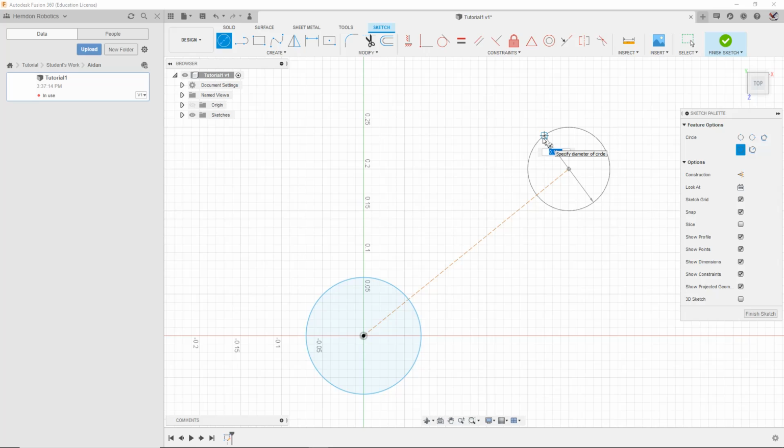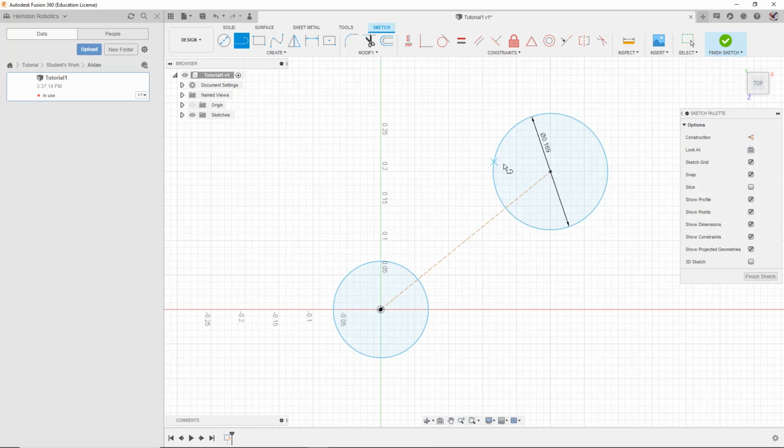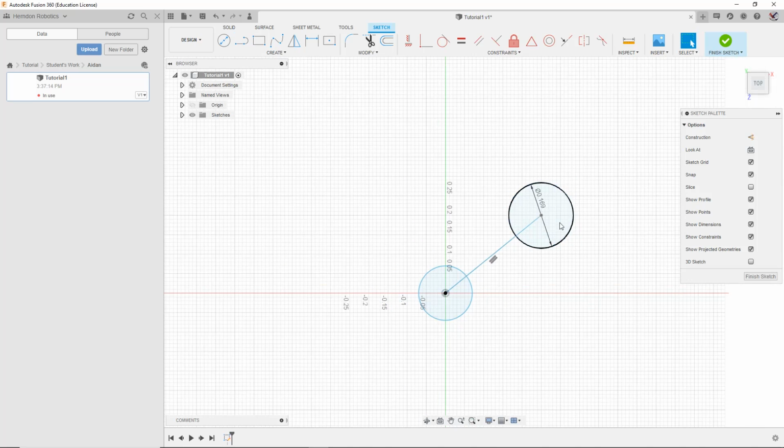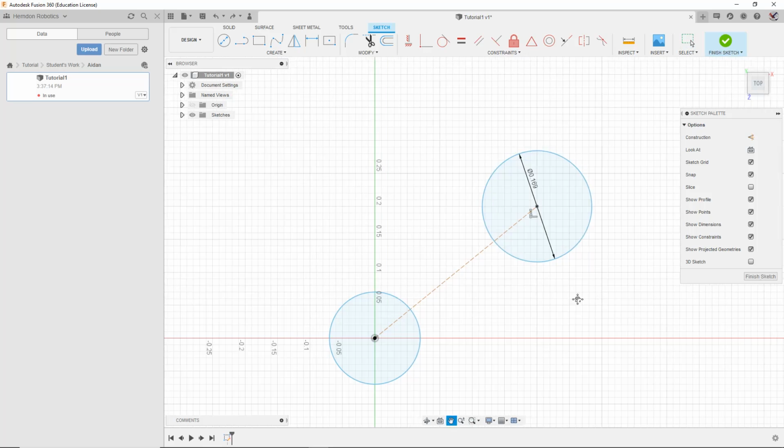And you could just type the number in too, because maybe it lies right here in between. So let's go for like 0.1689. There you go. So now we got a bigger eye here. And if we make this line a non-construction line, the problem is, well, it's not necessarily a problem here, but